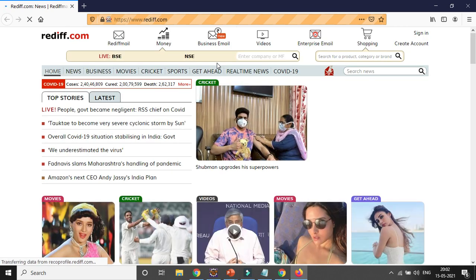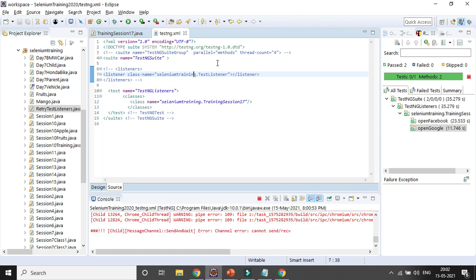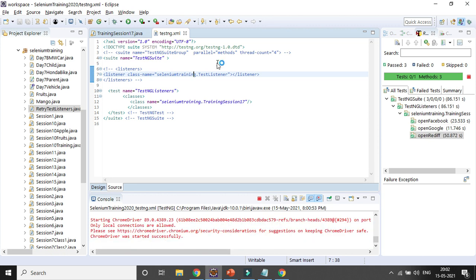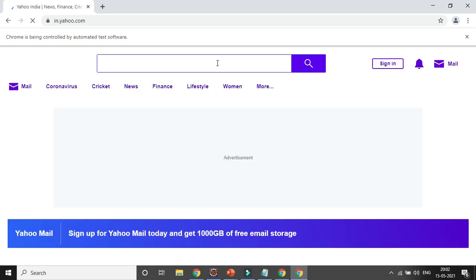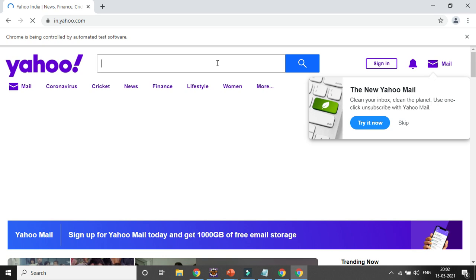All the methods will try to run based on the alphabetical order. It will enter the Rediff URL and it will get the title of the Rediff, and it will close the browser. After that, the last method it will try to run is Yahoo, in the Chrome browser, not in the Firefox. So out of 4 projects, 3 are in the Chrome and 1 is in the Firefox. So it is running the Chrome browser. It will pass the URL for Yahoo, and once the page is loaded, it will close the browser, and you can get the titles as well as whatever output you want to print in the console. So 4 methods will run successfully, but they are running in sequence, not in a parallel distributed way,